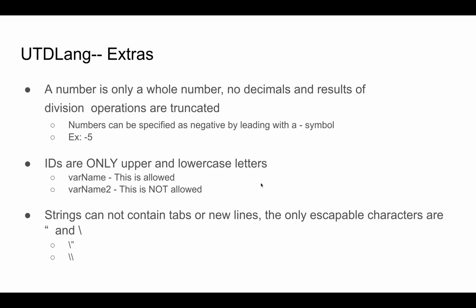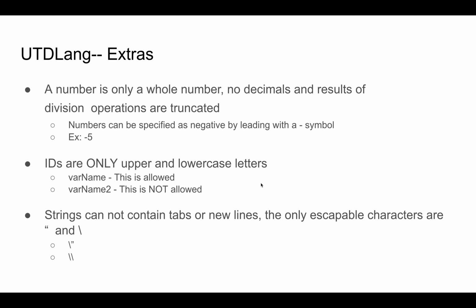Extras to note: first, our language supports only whole numbers, only integers, so no decimals are allowed. The results of the division will be truncated. But we do support negative numbers, like -5 or any negative numbers. The next thing is that IDs can only be upper and lowercase letters, so no digits are allowed